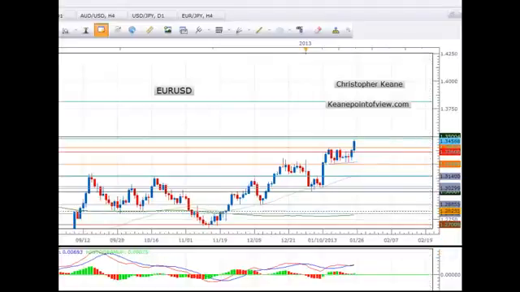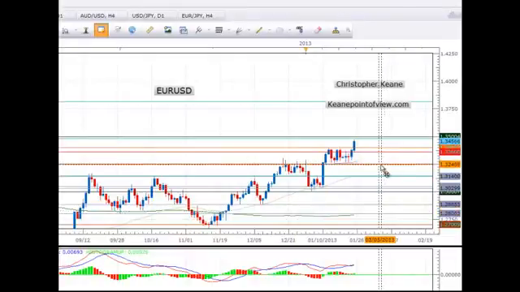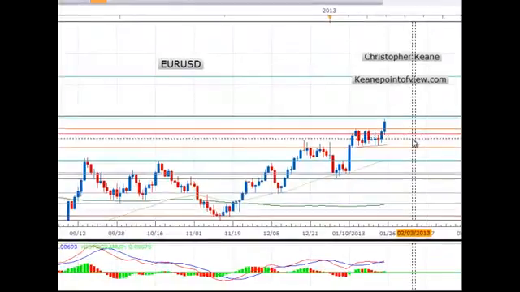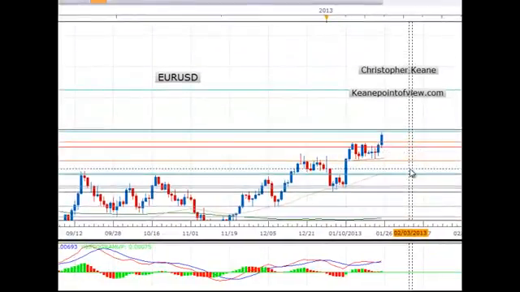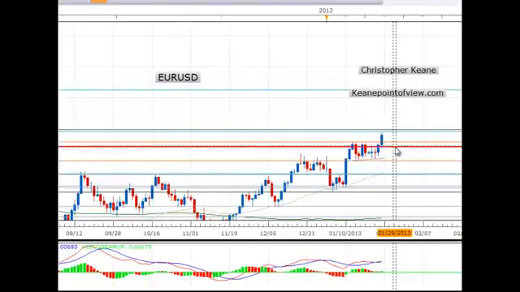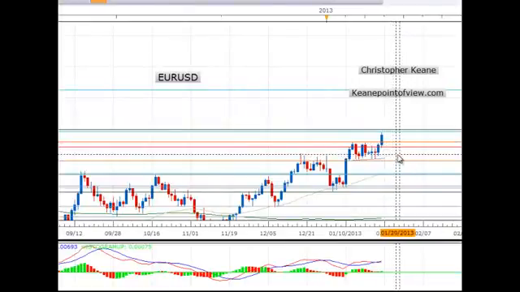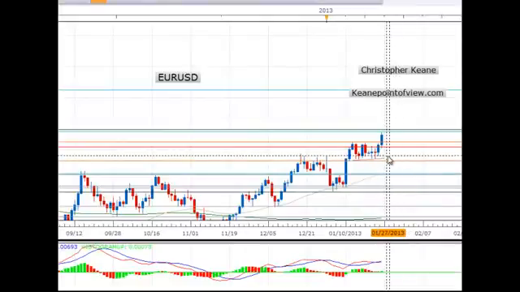The pair finally found the strength to muster up a break above the channel that had been capping the price action for the majority of the week. The pair had been stuck between 134 and 132.50, and every move down to 133 found buyers relatively quickly. Well, now that the pair has broken above 134, and it looks like it's going to close there heading into the end of the week,